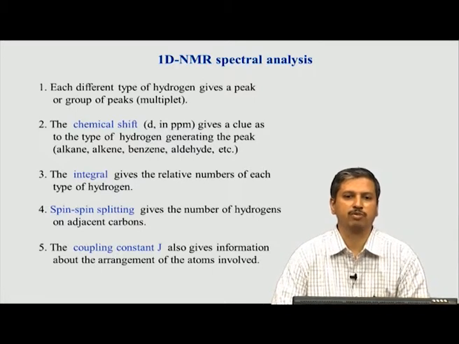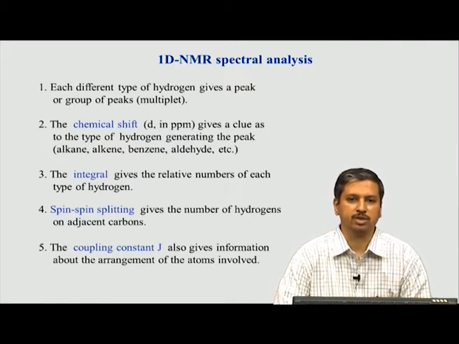The next very important parameter for NMR is the integral, that is the area of the peak. If you recollect, we mentioned a few classes back that the area of the peak is directly related to the number of hydrogen atoms, or number of protons, giving rise to that peak. Therefore, the integral is very important if you want to quantify and measure the number of hydrogens. Another useful parameter is called spin-spin splitting, which in common jargon is also known as J coupling or scalar coupling. J coupling is basically between hydrogens which interact with each other through bonds.